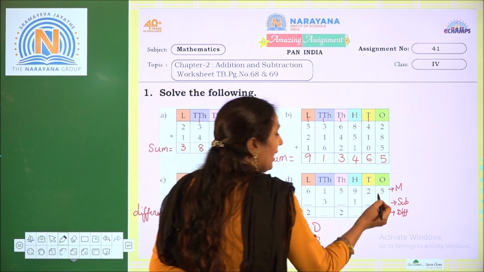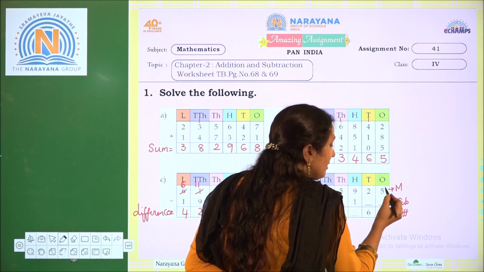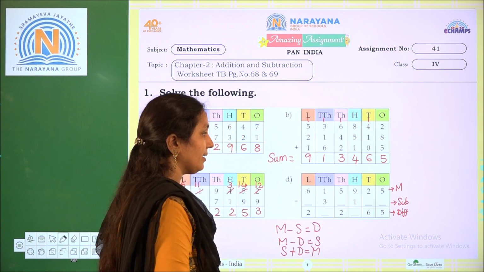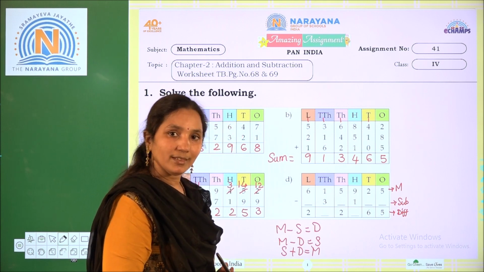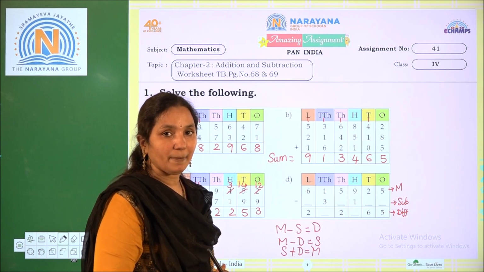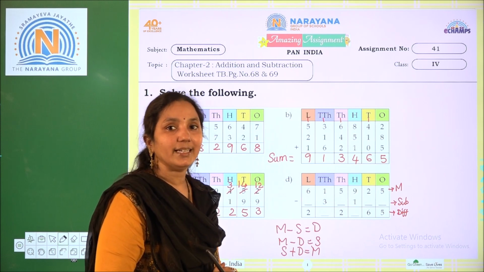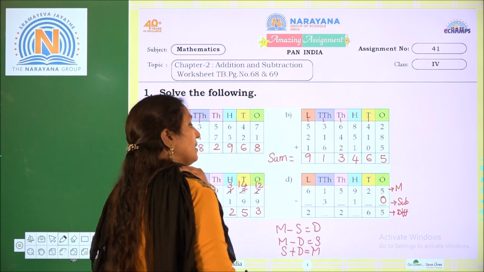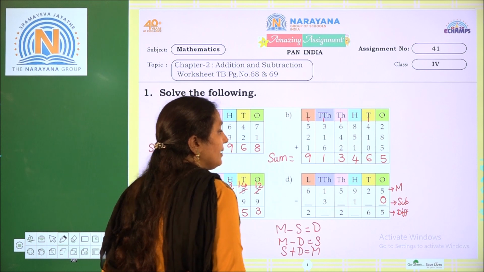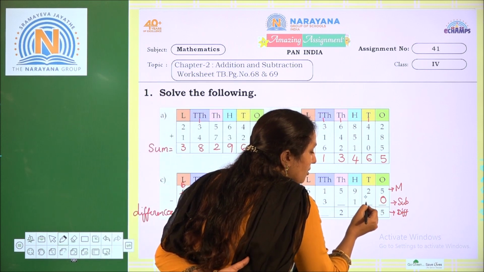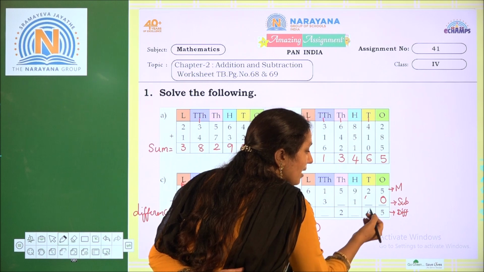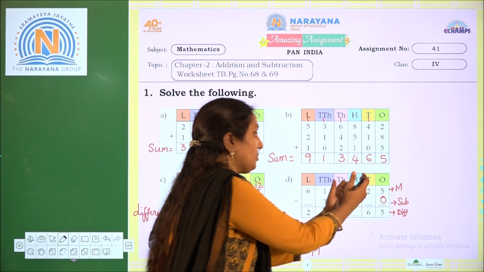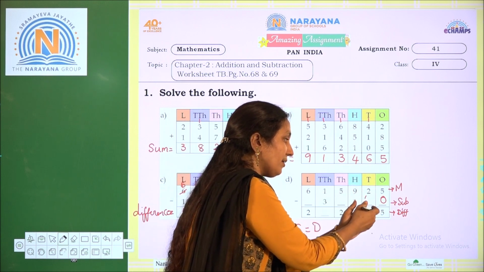So here 5. We have to find this number, the difference is 5. So how much subtracted from 5 is that, that is nothing but 0. If you subtract 0 from 5, you will get 5. So here the missing number is 0. Here 2. We have to find this missing number, and the difference you got is 6. Means can you subtract 2 from this number to get 6?